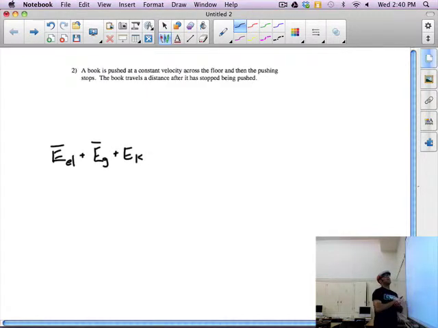Now, a book is pushed at a constant velocity across the floor. What do you think your first moment in time is going to be? When the velocity is... Actually, no, if you push it, it's not going to be 0. I like your thought. If you wanted your velocity to be 0, this would be 0, and that's fine. That would be true. Your velocity would be 0 at the moment,